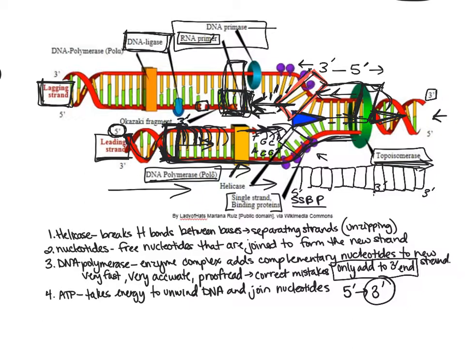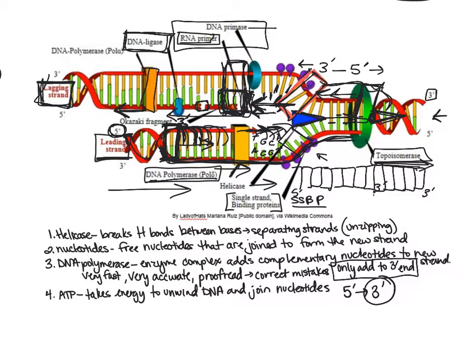On our leading strand, the DNA polymerase can just keep going, following behind the topoisomerase and the helicase. In the lagging strand, we have to keep adding our DNA polymerase. It's going to be adding opposite, going away from the helicase, and then we keep adding the next DNA polymerase, also adding away from the helicase. Then we go in and take out the RNA primers and add back in our DNA nucleotides. Once we do that, we have all DNA nucleotides. We reach the end of our chromosome. We've made 2 copies, and then we're done.